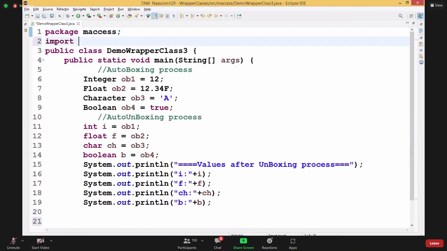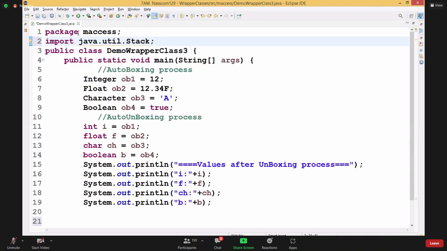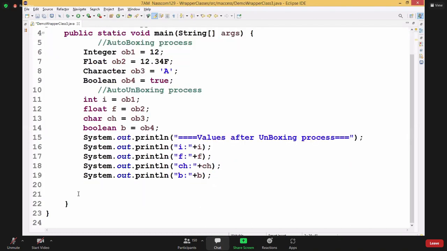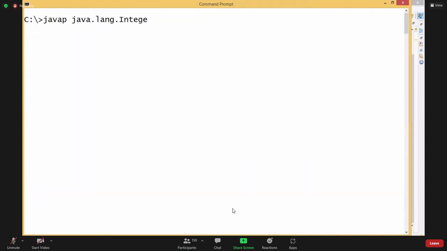Import java.util.Stack, I am bringing one class. This is one data structure class, collection framework. I don't need to comment. Collection. Here I am bringing stack. Whenever I open the stack here,